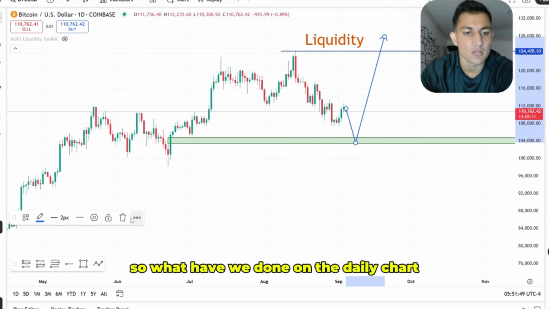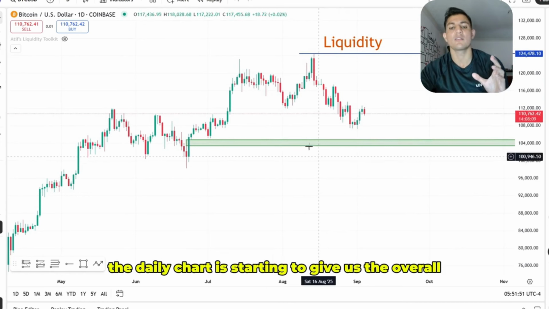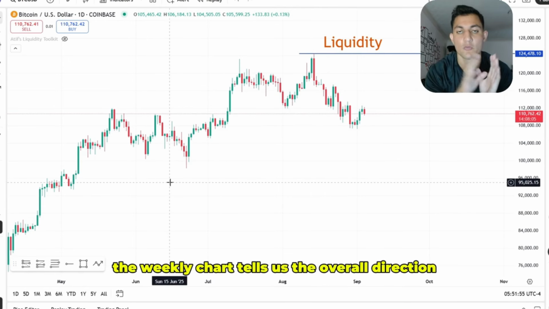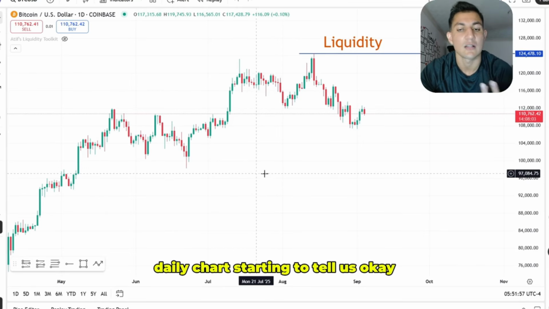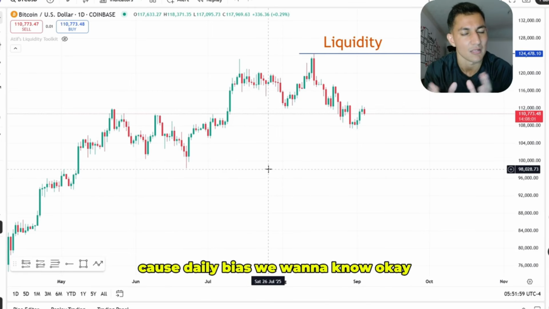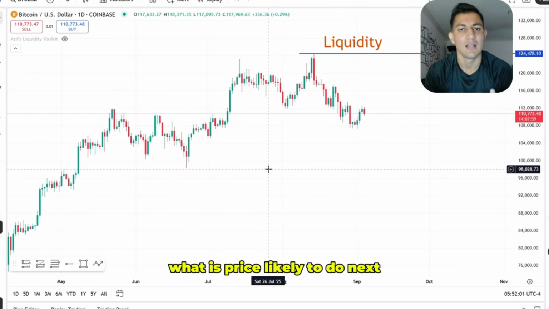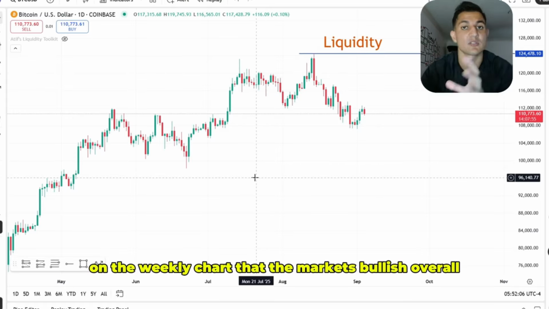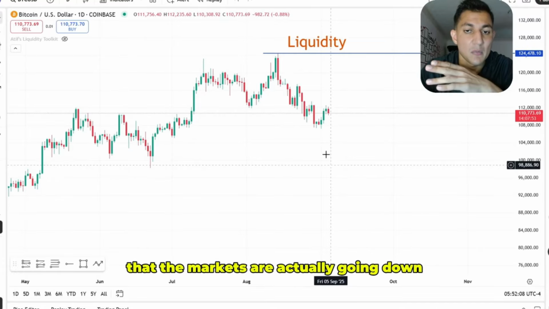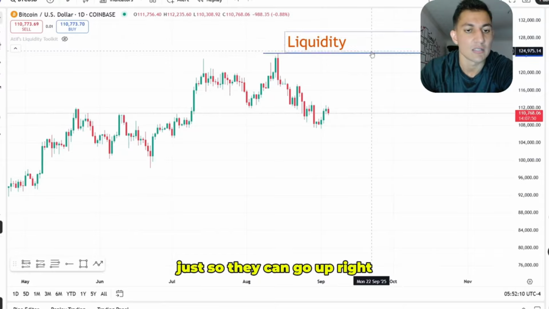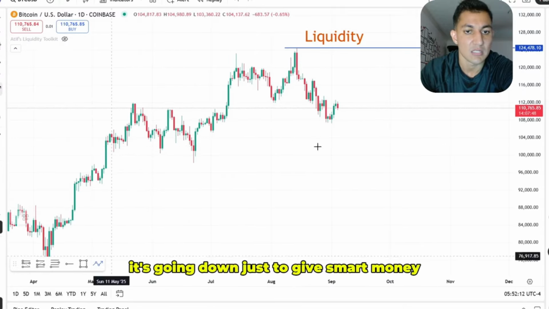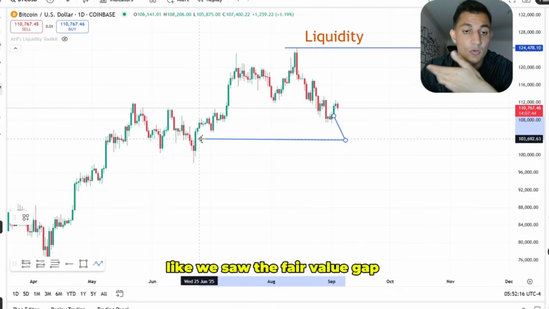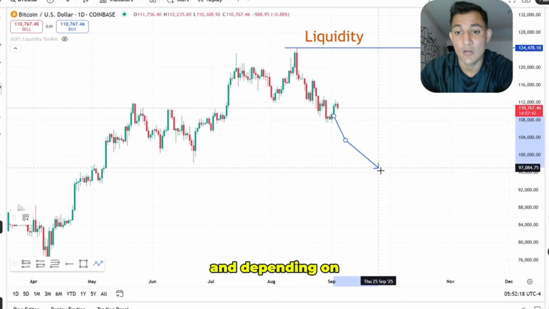So what have we done on the daily chart? The daily chart is starting to give us the recent context of price action. The weekly chart tells us the overall direction. The daily chart starts to tell us what price is likely to do next, because as daily buyers, we want to know what price is likely to do next. So we've come to the conclusion on the weekly chart that the market's bullish overall, and on the daily chart that the market is actually going down just so it can go up, right? It's going down just to give smart money their high probability retracements on the big weekly order block like we saw, the fair value gap, and depending on